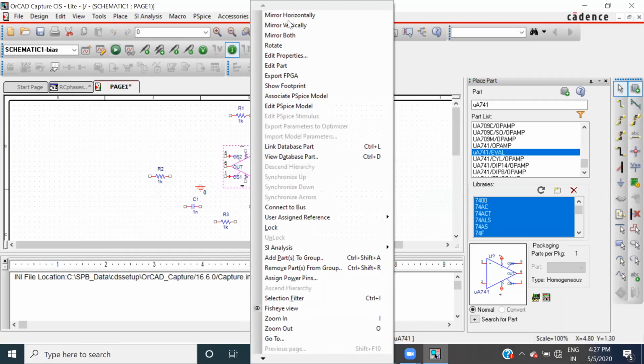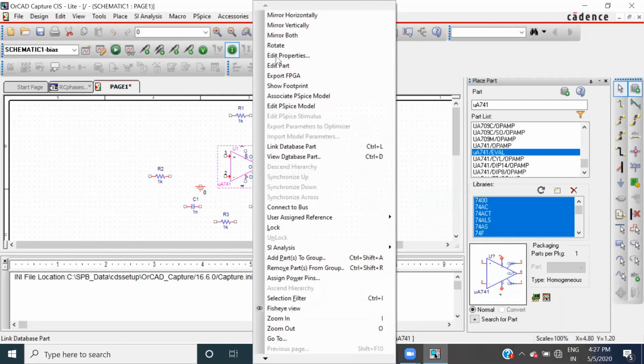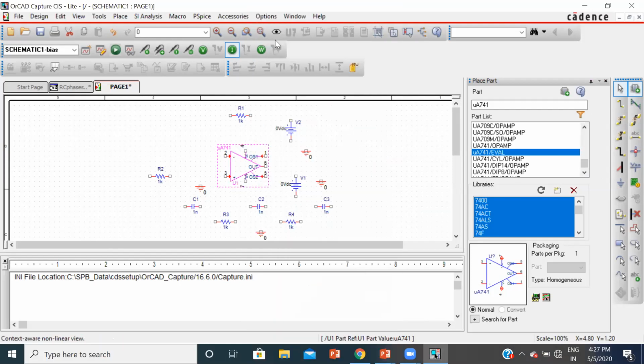Mirror vertically. Okay, and then you can rotate all of these however you want. Rotate with R here, R again here also. Then you can move this a little bit upwards.